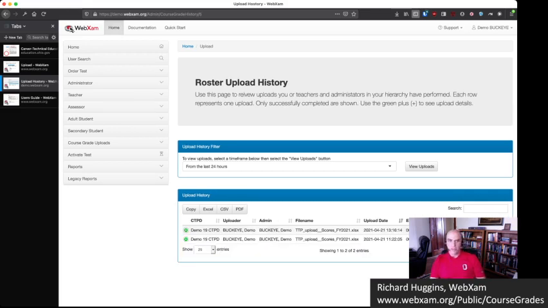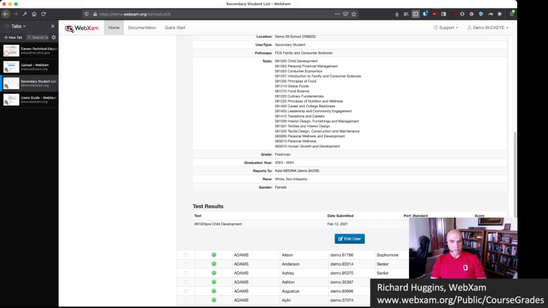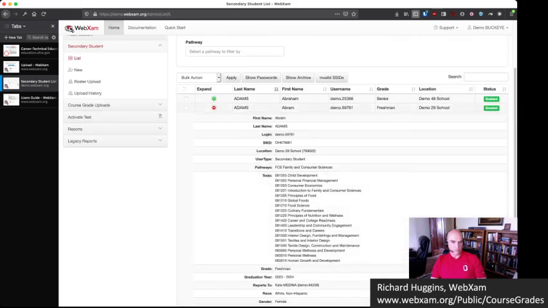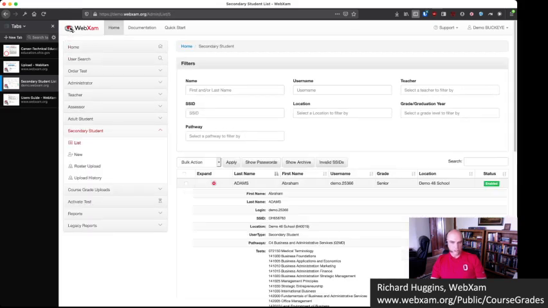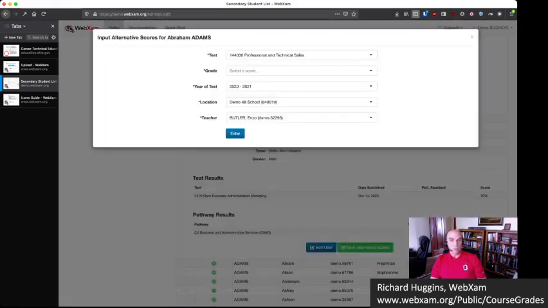So along with uploading, you can also choose to enter course grades by hand. You can do that in your secondary student list page for any senior or junior. So you'll notice, for example, for a freshman, they will not have any option for inputting course grades. But a junior or senior will have such an option. So you can click to input alternate scores, choose the test, choose the grade,